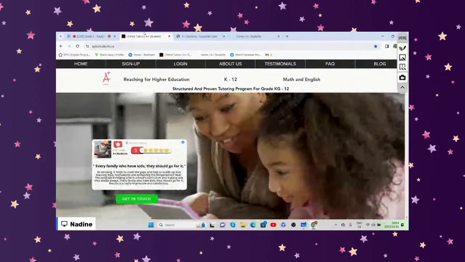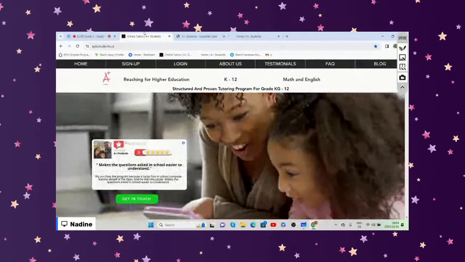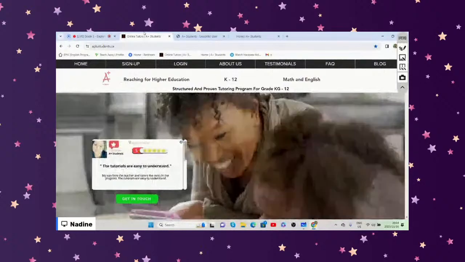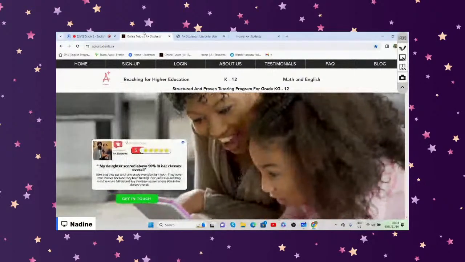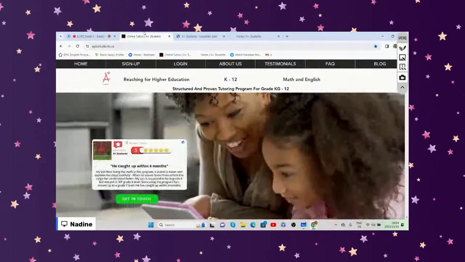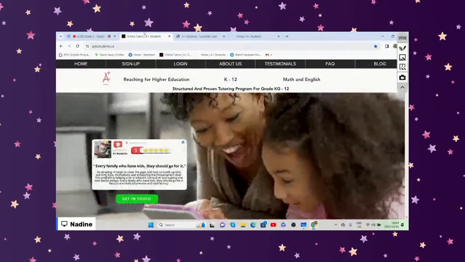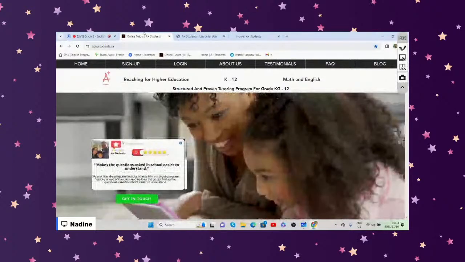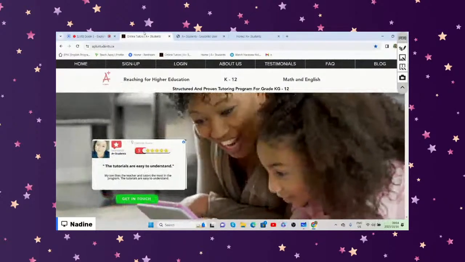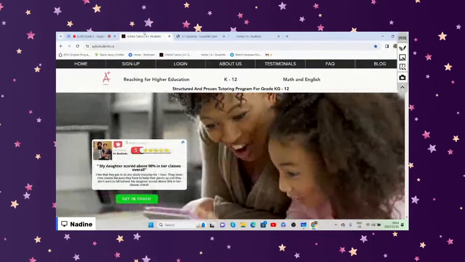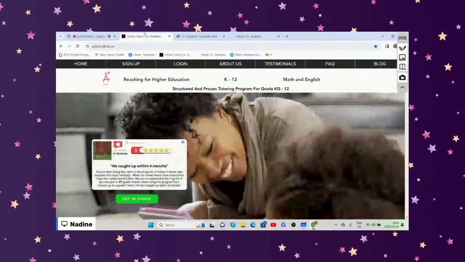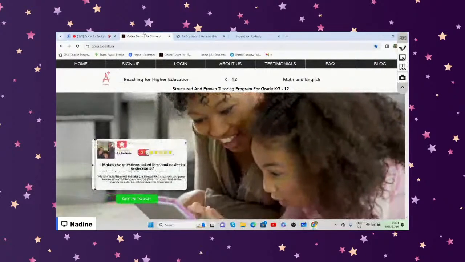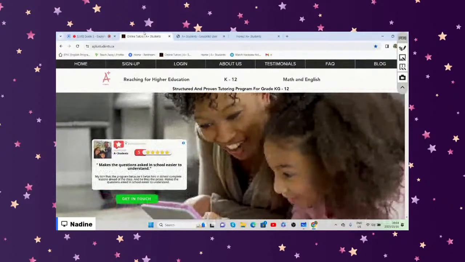Today we'll be doing our grade 3 English lesson on subject verb agreement. All right. So before we start with our lesson on subject verb agreement,